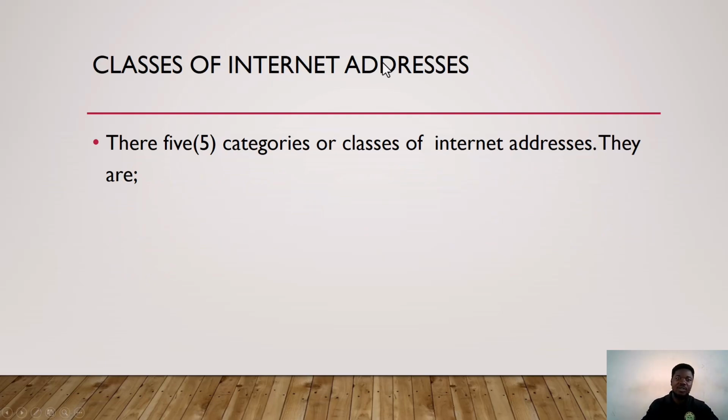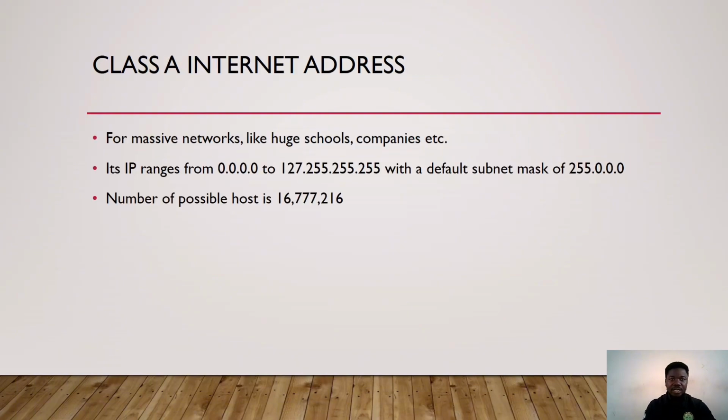Classes of internet addresses. There are 5 categories or classes of internet addresses, and they are class A, B, C, D, and E. Each class, when you take class A, has 2 portions, the network portion and the host portion. For massive networks like huge schools, companies, and so on, its IP address range is